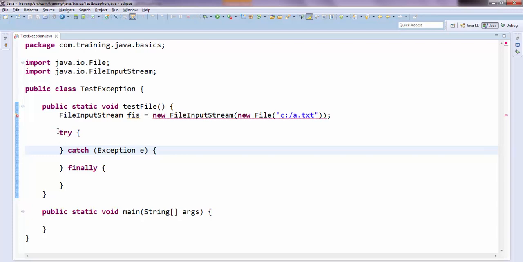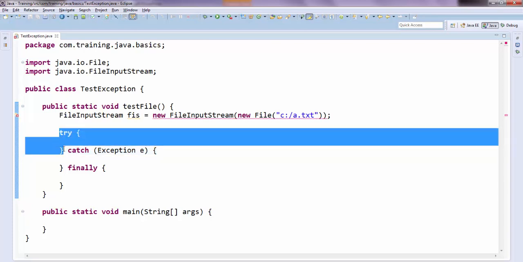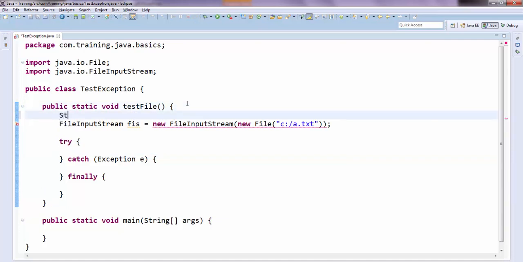Try is the block where we write the code where the possibility of exception is there. So if I say here String s is equal to new String, say some value,